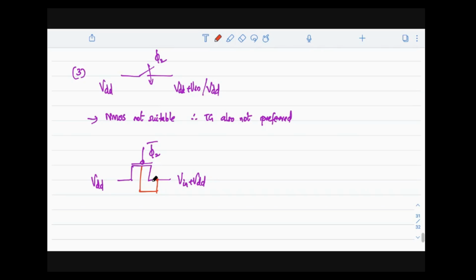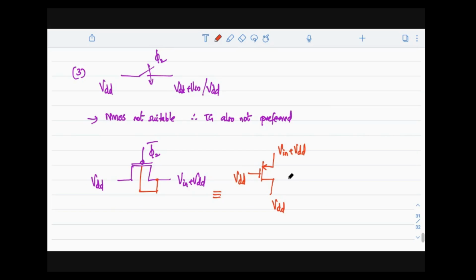But now, if you look in detail about the switch, I'm just marking or writing in this form. On one side, on the source side, I have the larger voltage, which is Vin plus VDD. And on the other side, what I have is VDD. And when the switch turns off, the voltage coming in here is again VDD. So what I have drawn here is the equivalent when the switch turns off: on one side you have VDD, on the other side you have Vin plus VDD, and the gate also will have a VDD.